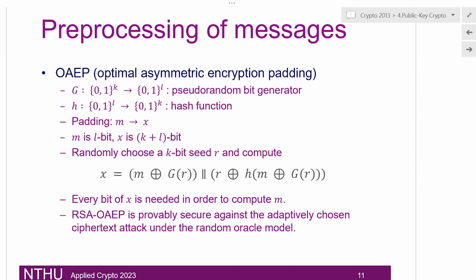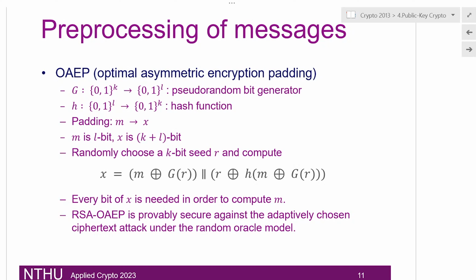So the idea is to add a padding to the message and somehow make the message randomized. That sounds a bit odd, but bear with me, you will see how this can really help to protect the RSA. So the name of the algorithm is OAEP. It stands for Optimal Asymmetric Encryption Padding. If you look on the internet, you will find different versions of this. But for the purpose of this class, we would start with the basic version so that you get the whole idea in a simplistic way.